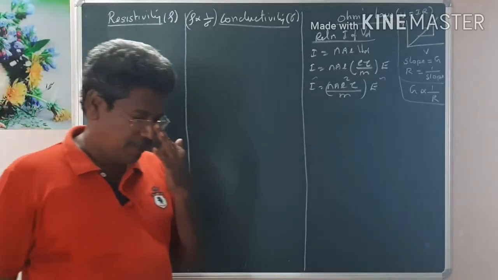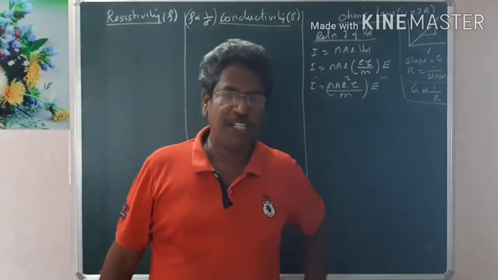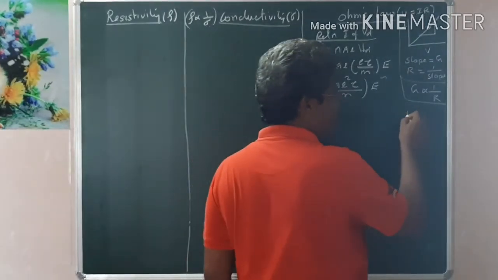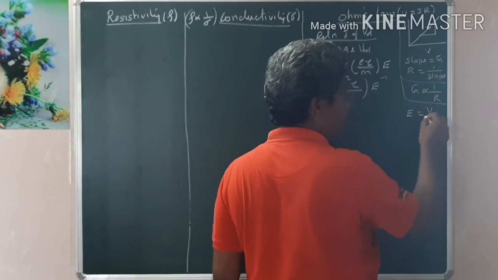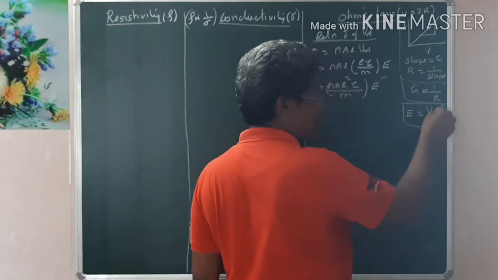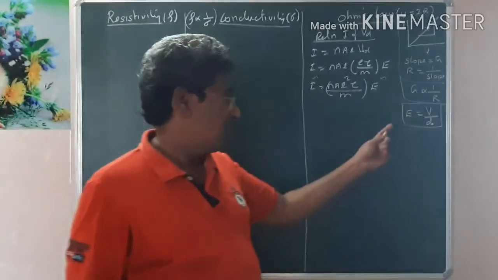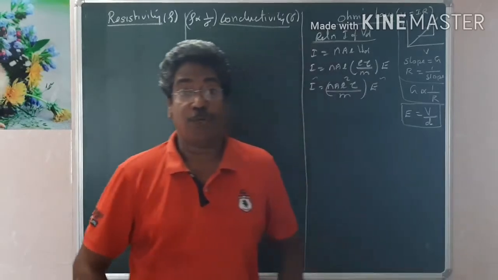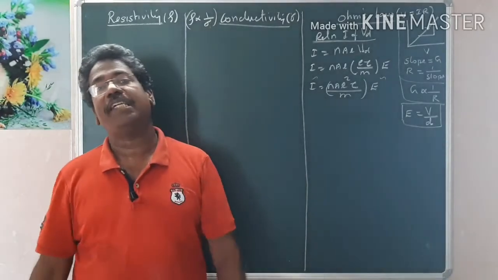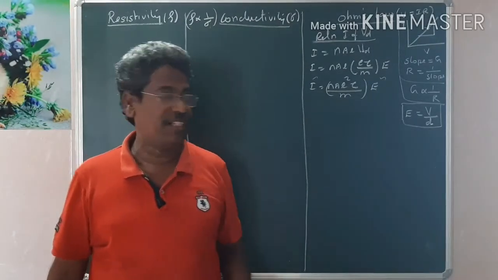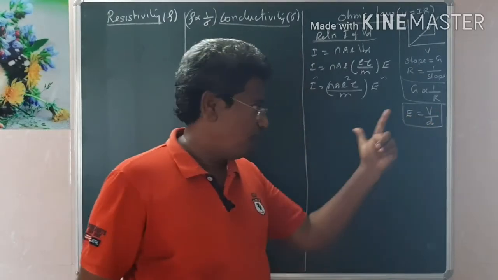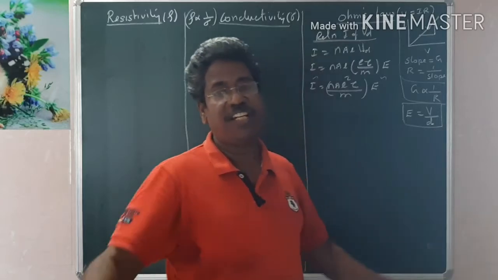But according to Ohm's law, the current must be related to the potential difference. The relation between electric field and potential is that electric field is defined as potential gradient, potential divided by the distance between the two plates or the two ends of the wire. Any physical quantity varying with respect to distance is called a gradient. One important word I am introducing: electric field is called potential gradient. That means potential will change with respect to distance in an electric field.